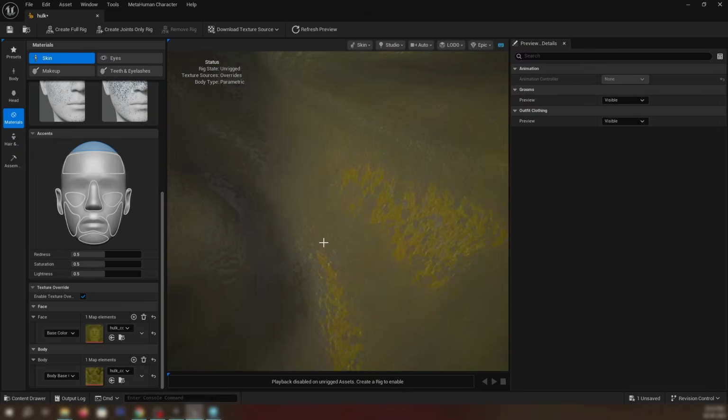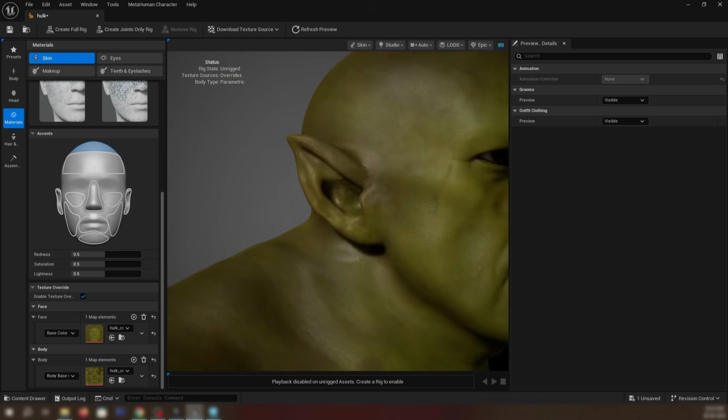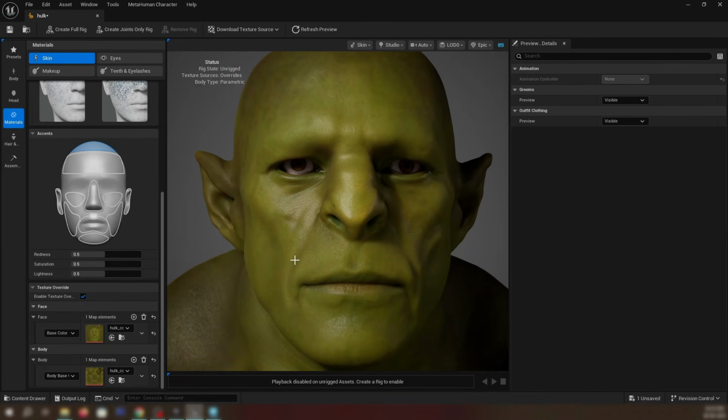I think the lighting is enhancing the textures and the body. We'll try out some hair and freckles also.